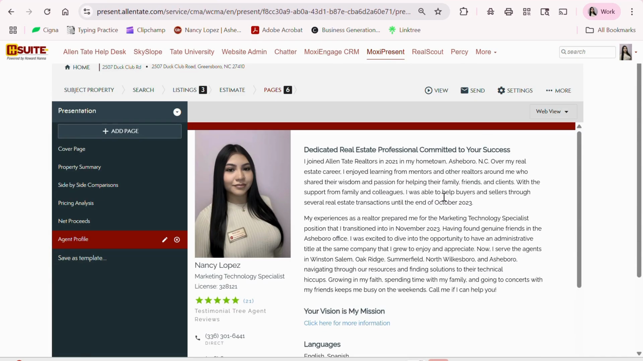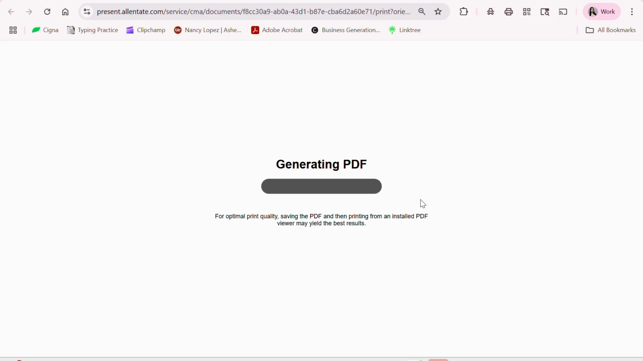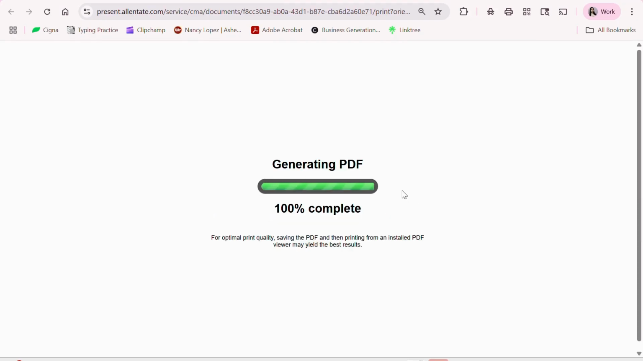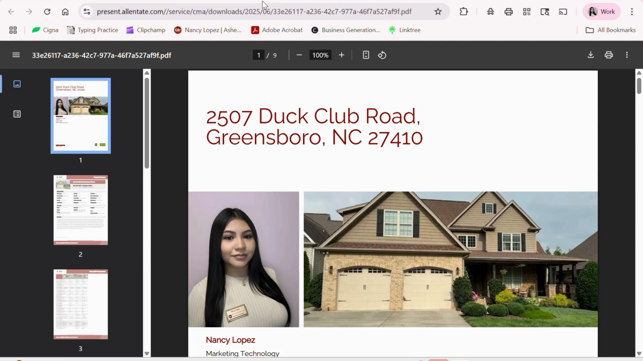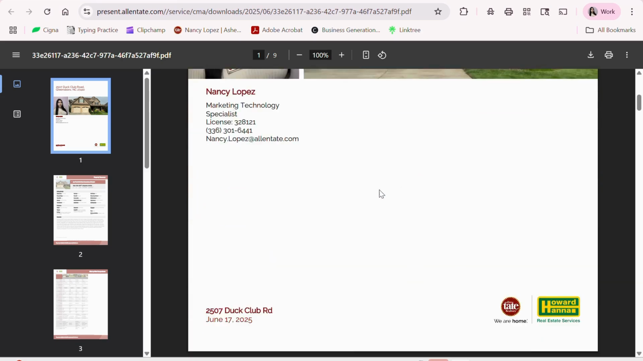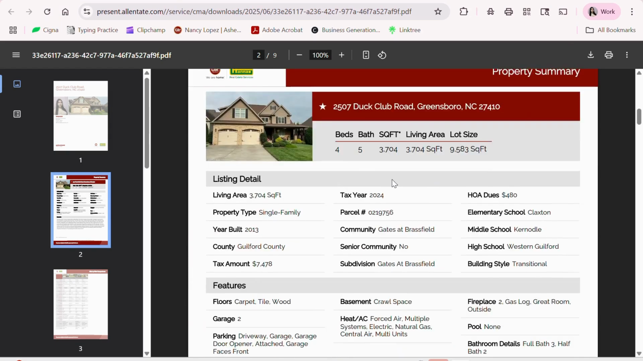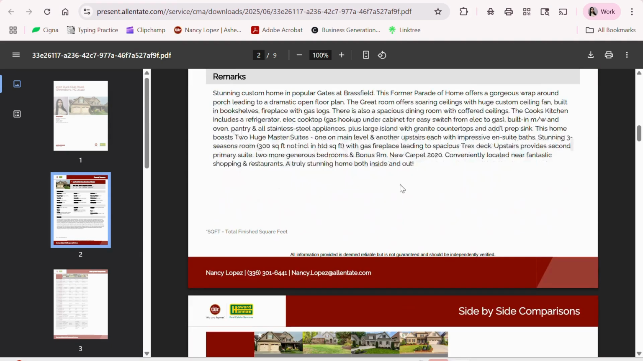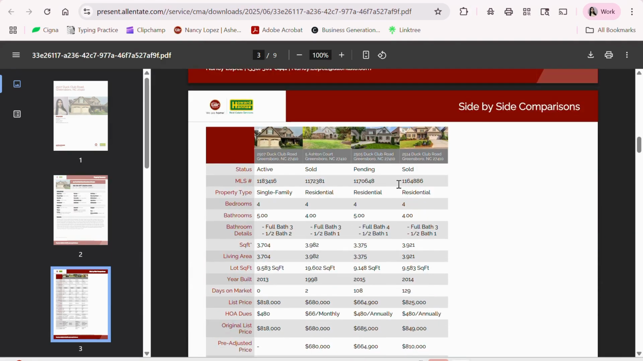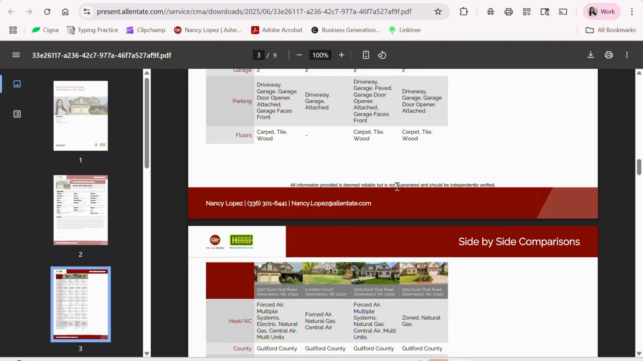So I can use this presentation. I can click view it for web, view it for print portrait as well. And it presents very nicely. So this is what the PDF print version is going to look like. The cover page, subject property information, comparable side by sides continued,